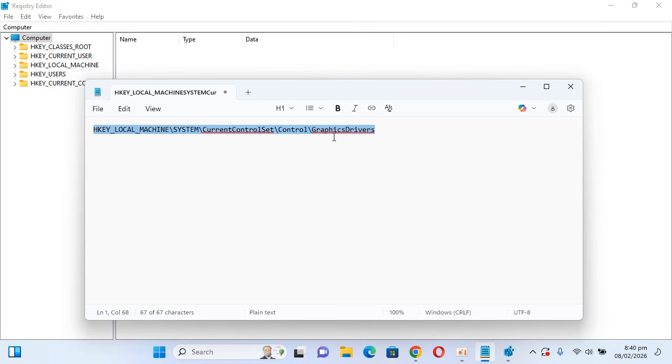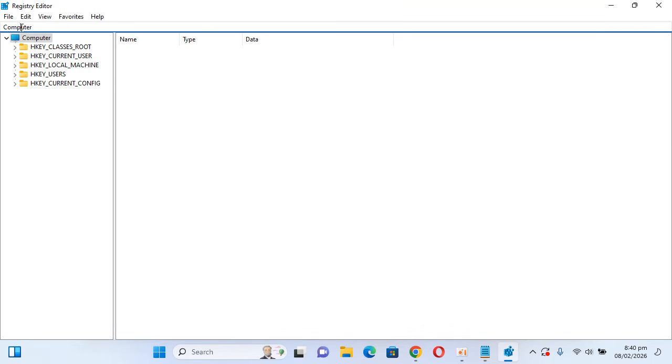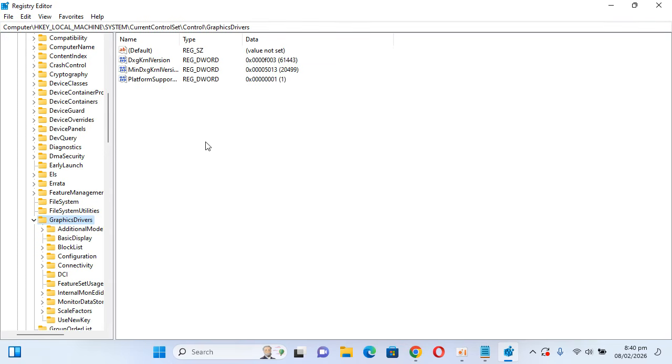So basically, it is an issue of the graphics driver. So just go and copy this and here go to the top. Here you can simply paste it and hit enter. So this would open up. Once this is open, you need to right click